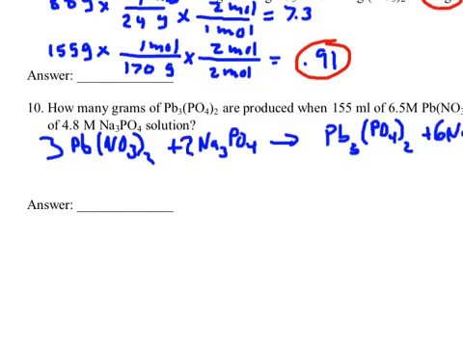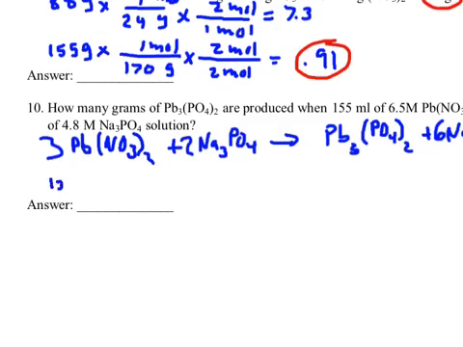So what that means is it takes 3 moles of this, reacts with 2 moles of this to make 1 mole of this and 6 moles of that. That's the first thing I had to do. Now I got to figure out how many moles of each thing I have. So let's start off with